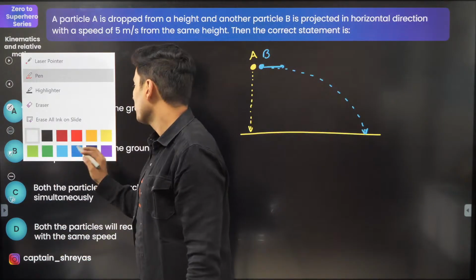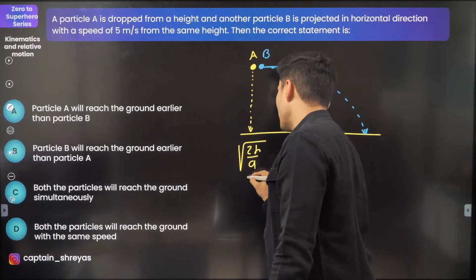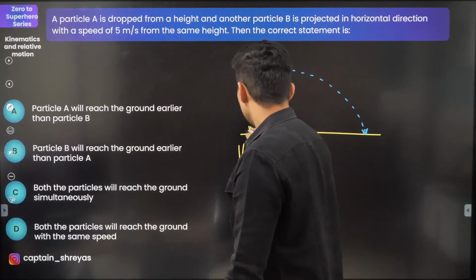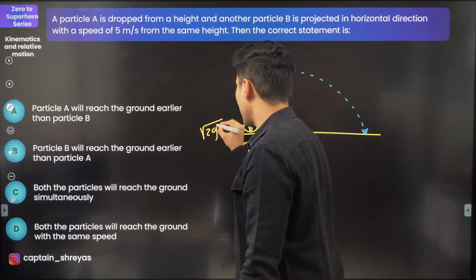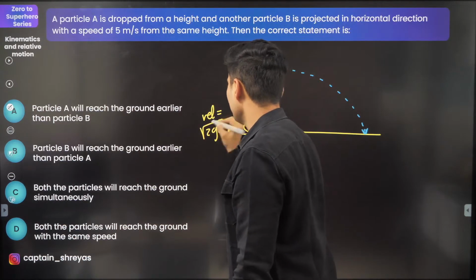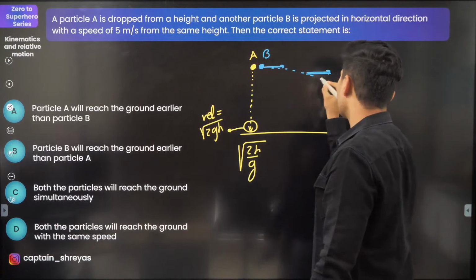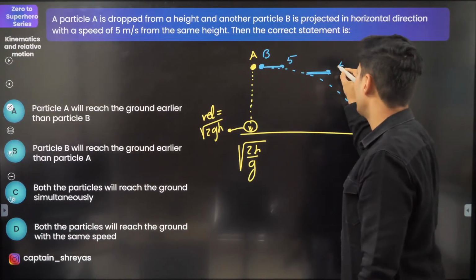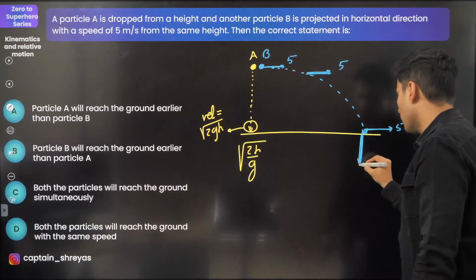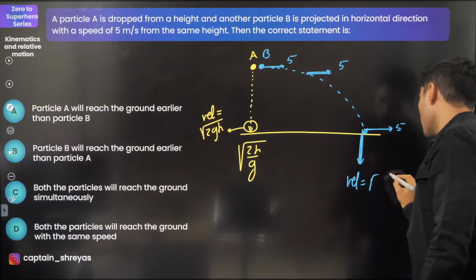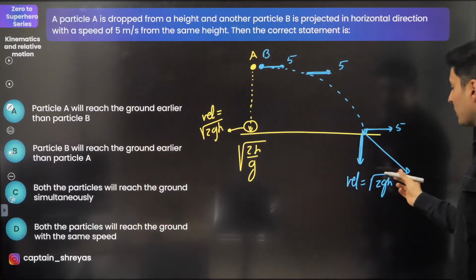Yep, I think many of you remember the time taken to fall by just a simple drop is root of 2h by g, and the velocity here is nothing but root of 2gh. That's the velocity. Here, the horizontal velocity remains. So v will remain. Apart from that, it will get one more velocity, which is root of 2gh. So the resultant velocity will be more than root 2gh.